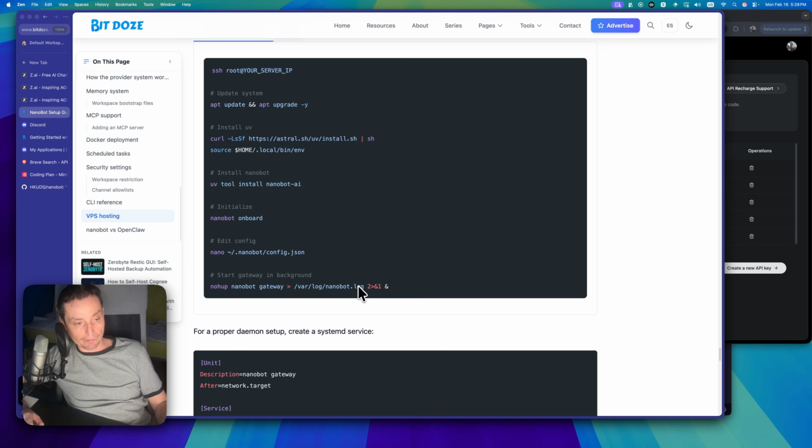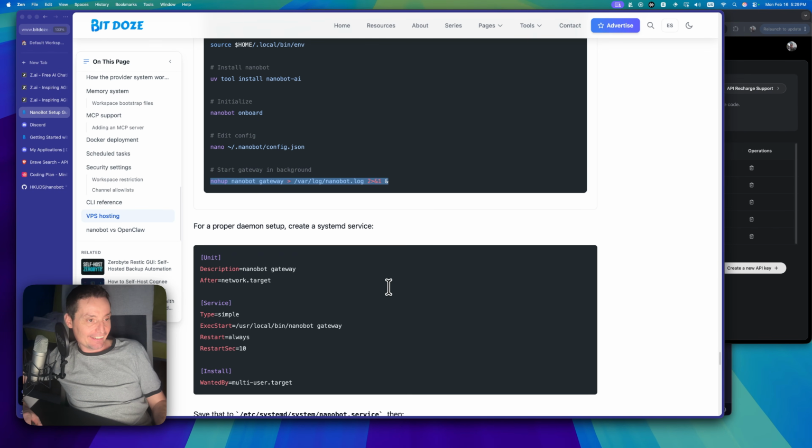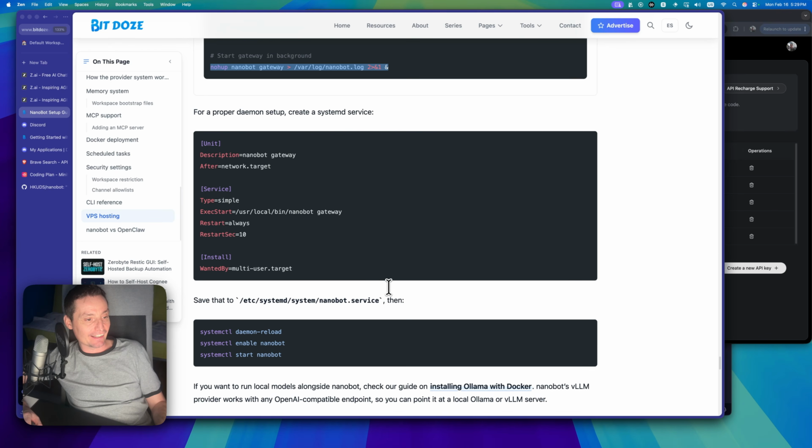To have options to run this, you can run it with nohup. If you run this, it will put the process into the background, but this is not very clean, and that's the problem with this. The best would be to create the